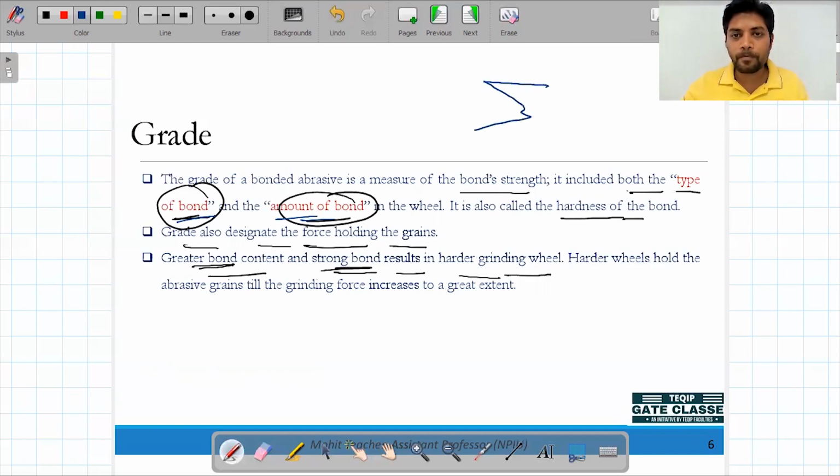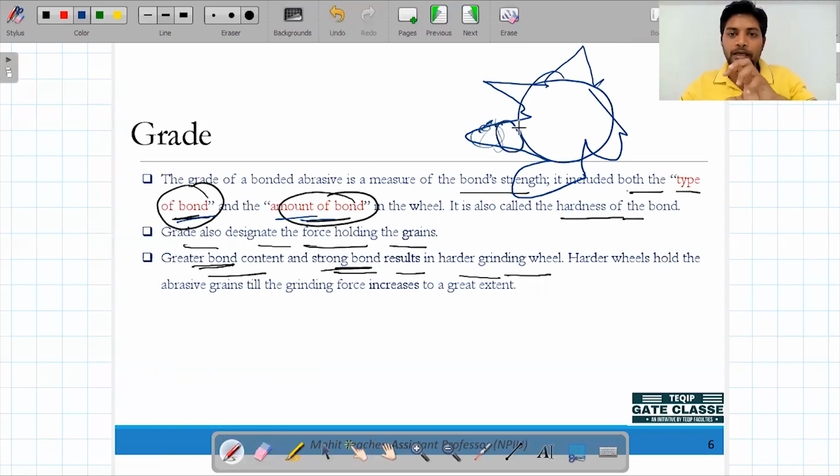rotate. If the bond of this one has been removed, then this amount of the area is stuck out from the bonding material. Okay, ये आपका remove हो चुका है. If it is not coming out along with the workpiece, then it will be here only. When it is here only, as I said, it has a very high strength. So because of that it will rotate here only. मतलब ये यहीं पे आपका rotate होता रहेगा. ठीक है, अगर यहीं पे rotate होगा तो दूसरी grains को क्या होगा, sharp करेगा.